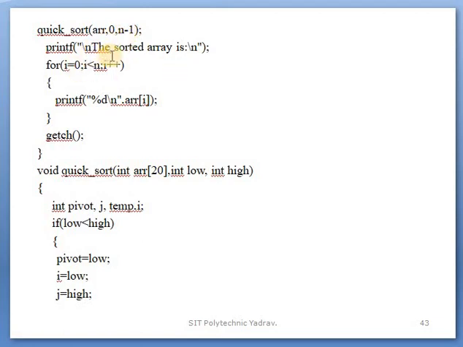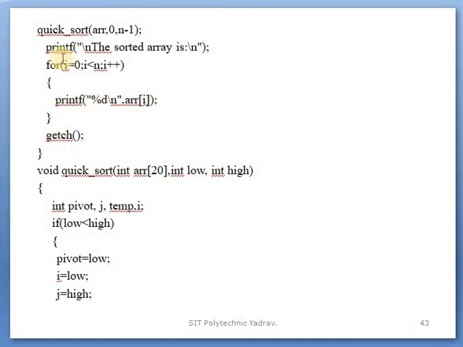After that, printf with \n means a new line, and the sorted array is displayed one by one with the printf function using %d. %d is the format specifier, used because we declared an integer array variable. Array of 0, array of 1, array of 2, up to I less than n. If n is 6, then when I reaches 6, 6 less than 6 is false, so the loop executes one by one, repeating the printf output statement.